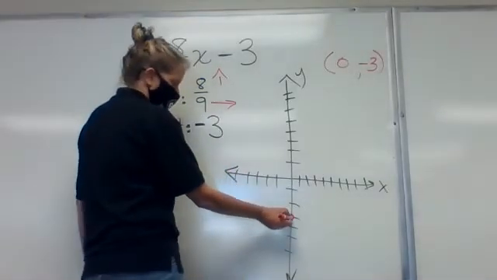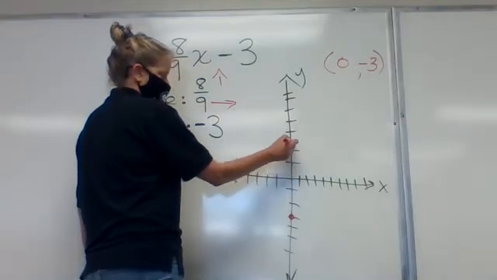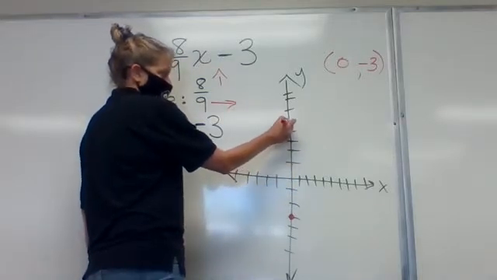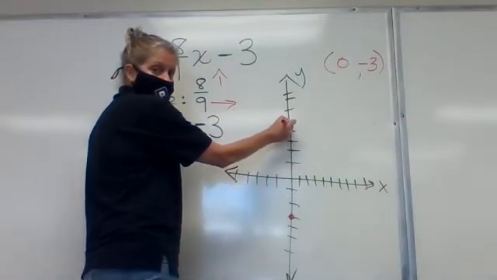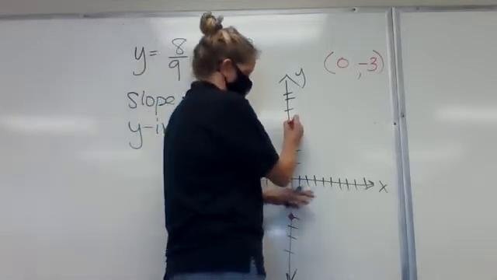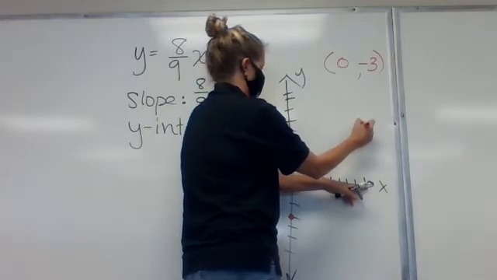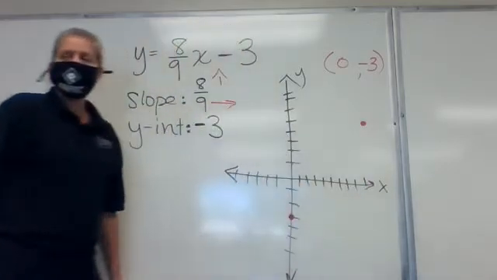So if I go up 8, I'm going to go up 1, 2, 3, 4, 5, 6, 7, 8. Then I'm going to run to the right 9, and I only put 9 hash marks, so I'm just going to go over to the end of it. So there's up 8, over 9,